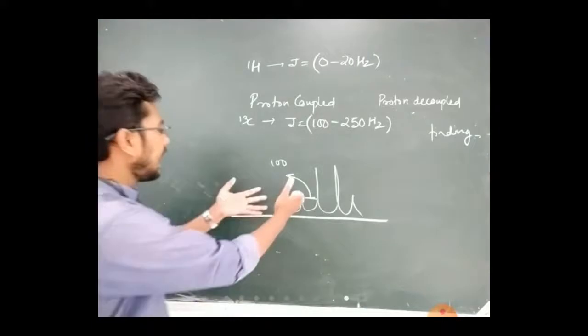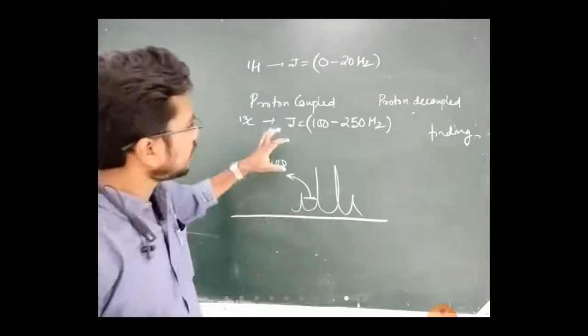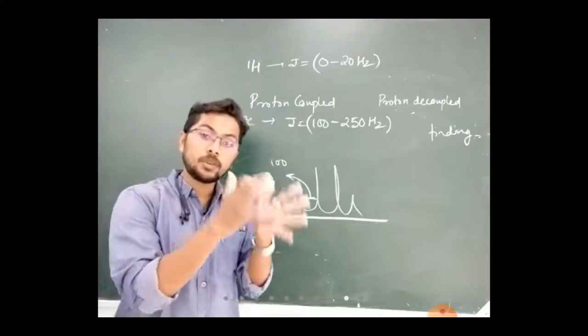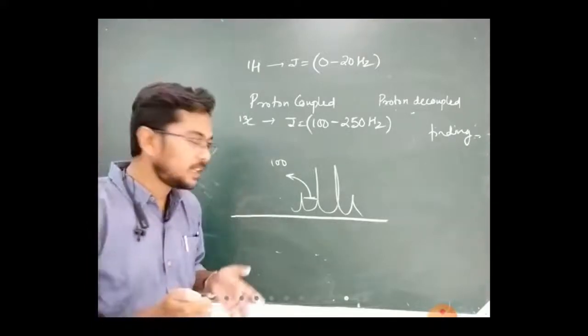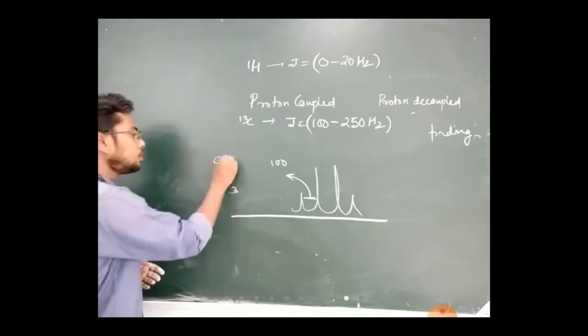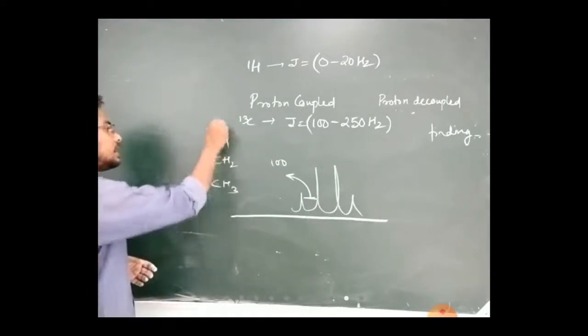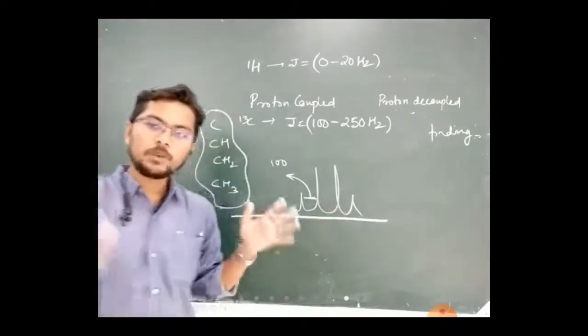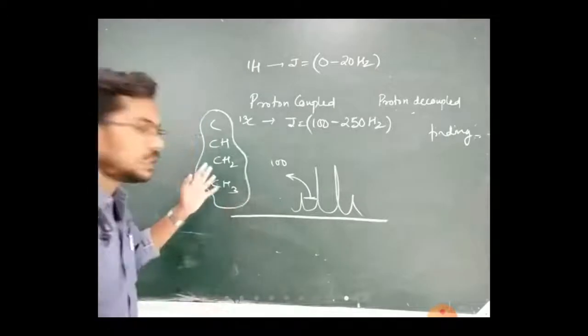So because of the protons attached, we can identify whether the particular carbon atom is CH3 or CH2 or CH or C. With this kind of splitting, we will be able to decide whether the spectra